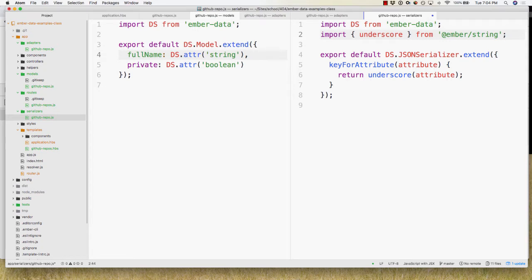So if we want to take a string and turn it to hyphenated, or turn it to underscored, or turn it to camel case, we can use functions in the Ember string package. All right, so we're basically taking full name and turning it into underscored or snake case, which is also called. And if I save it,